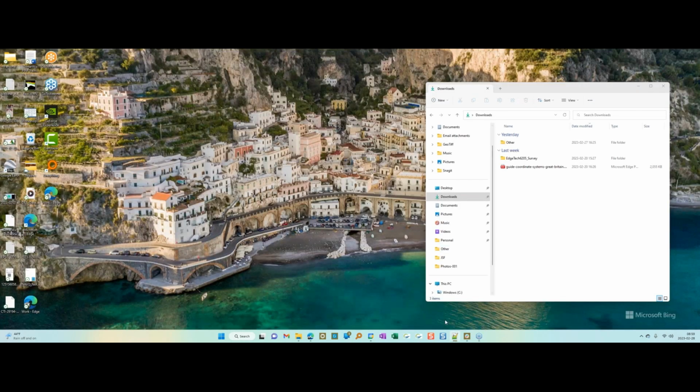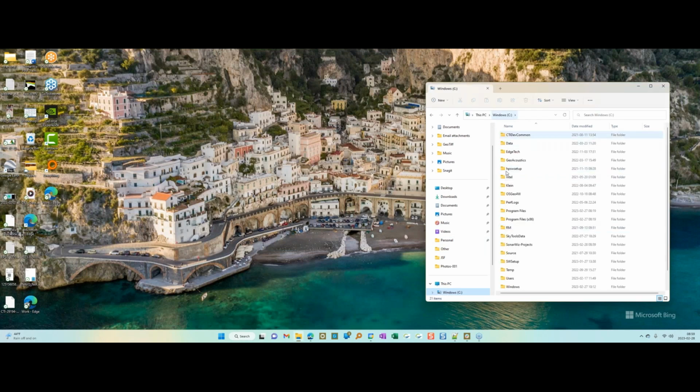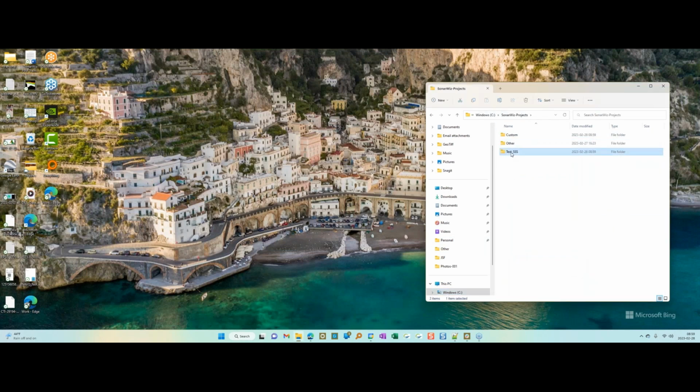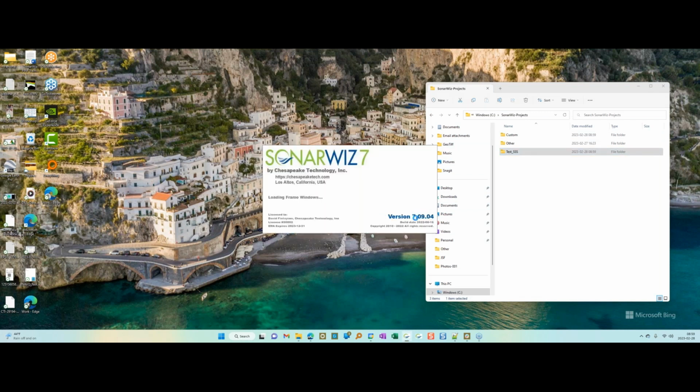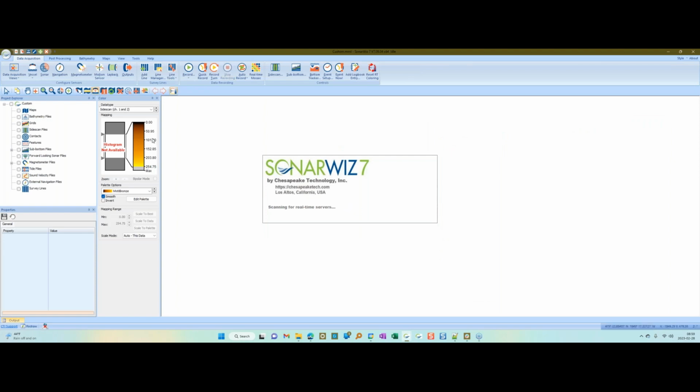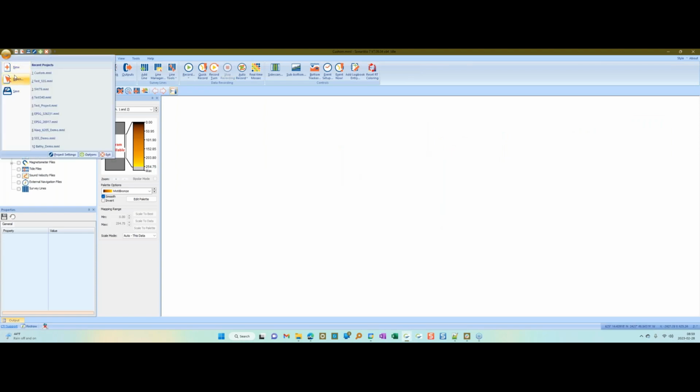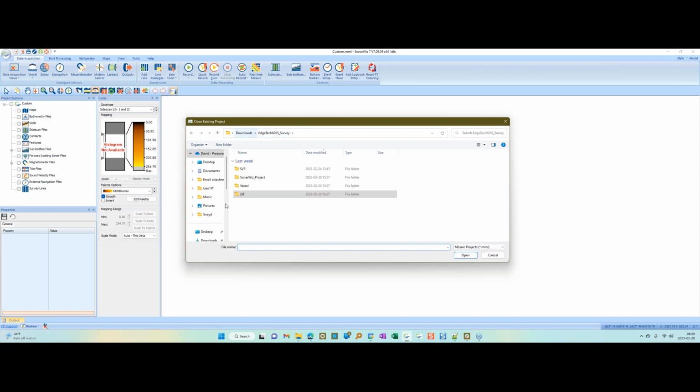Okay, so I've got a couple of SonarWiz projects here, my test side scan project and my custom coordinate system project. So what happens if you open a new project in old SonarWiz? Here I'm going to open up SonarWiz 7.9, and I'm going to open our side scan project, which we defined in Georgia State Plane. So if I try to open this now,